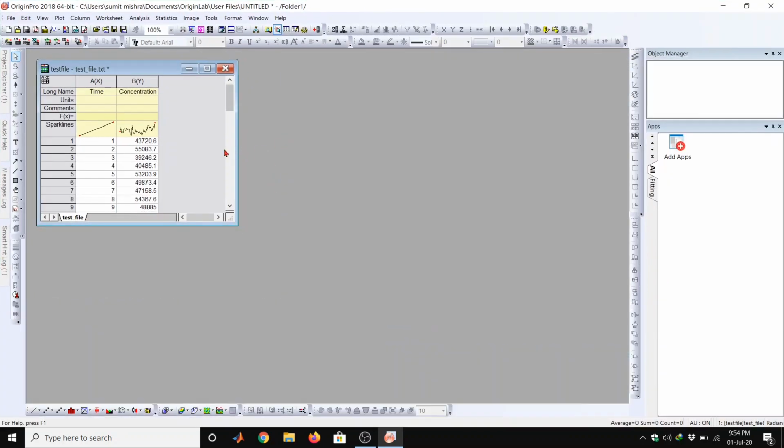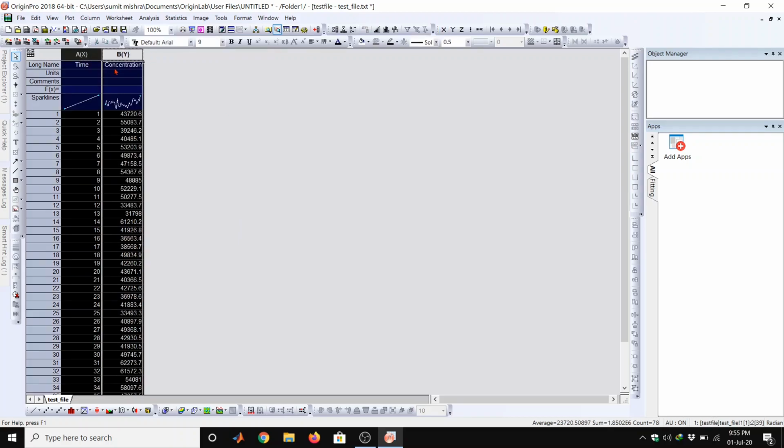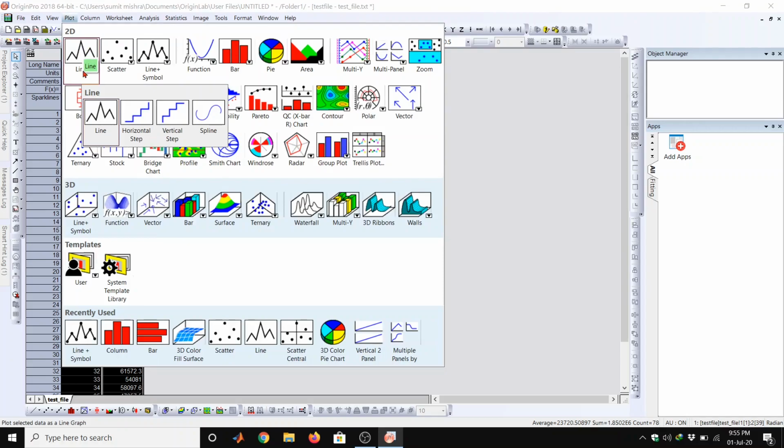Here we can easily see that our data has been imported here. So now we can plot here by selecting both the columns X and Y, and this is plotting option here. So you can plot line plot, horizontal step, vertical step and so on.